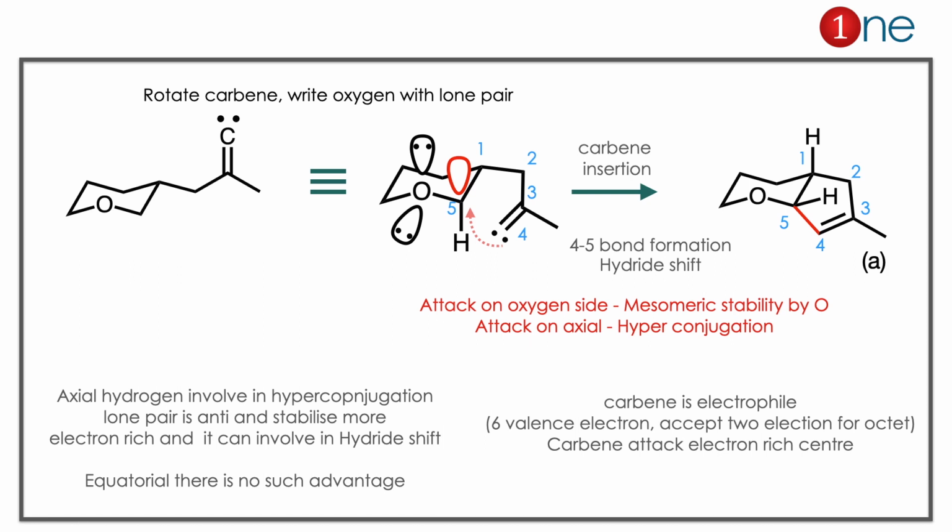So when the carbene attacks, you have the 5-member ring formation. The equatorial hydrogen is retained there. So if you look closely, the answer is A. You have a new 4-5 bond formation. Here you have to learn 2 important things. Why the axial is happening there. Because the axial carbon is very much electron rich because of the mesomeric effect of oxygen. Second thing is hyperconjugation. Here there are multiple stabilizing factors for the axial hydrogen. One is hyperconjugation. After the hydrogen removal or hydride removal, you have the cation. That cation can be stabilized by hyperconjugation.